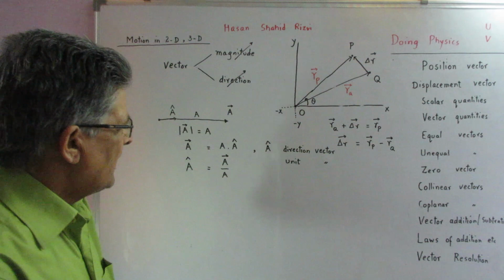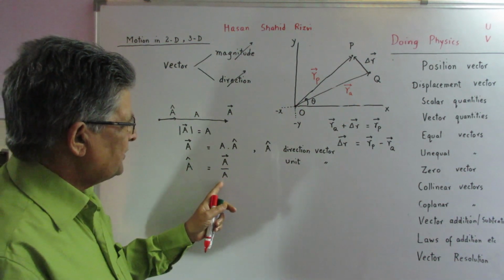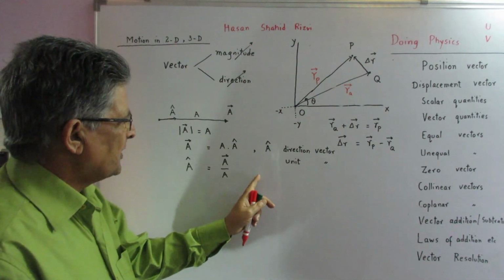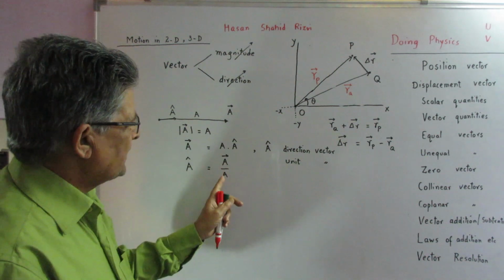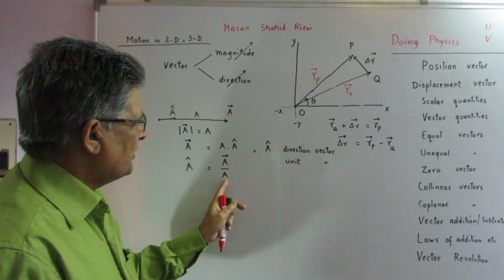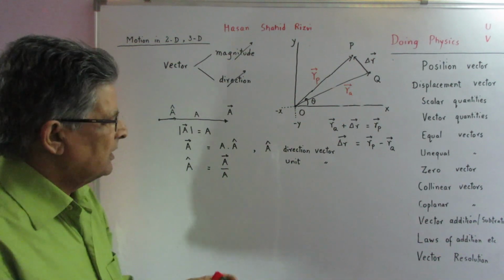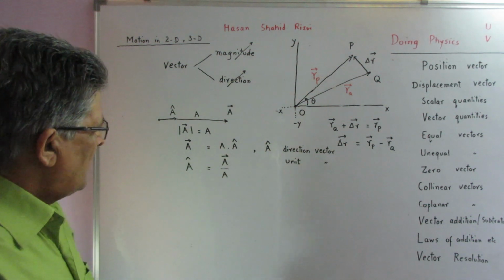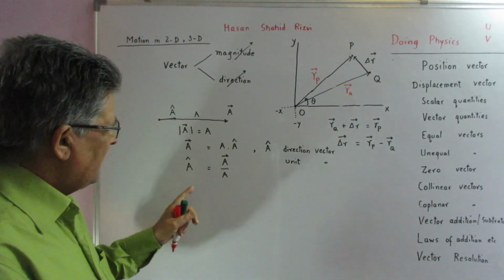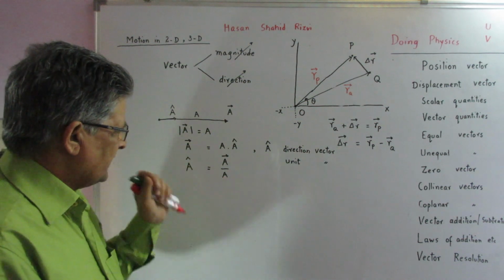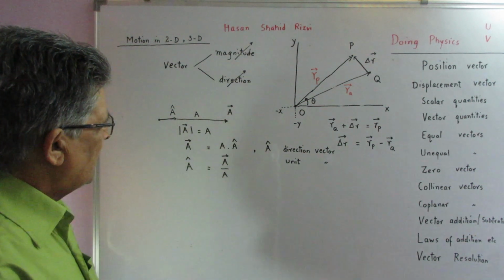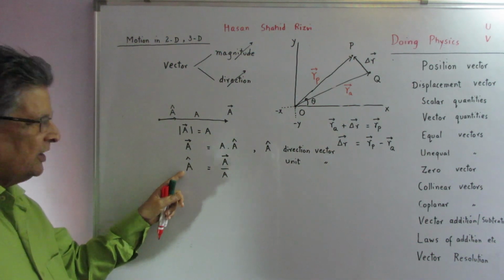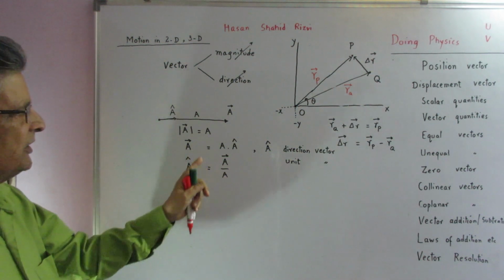For example, if this is a velocity vector, then it will be in meter per second, and this will also be in meter per second. So meter per second divided by meter per second will give you a unit value, which is just a number. So I am justified in saying that an equation obtained like this is a valid equation,